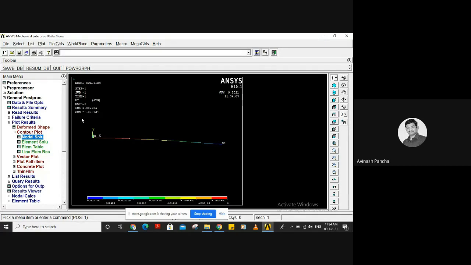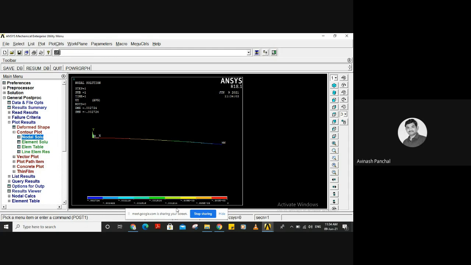It shows the maximum and minimum. Here we are seeing the scale from blue to red. It is the color coding scale which gives you the minimum to maximum deflection, from minus 0.002724 to 0.002724.